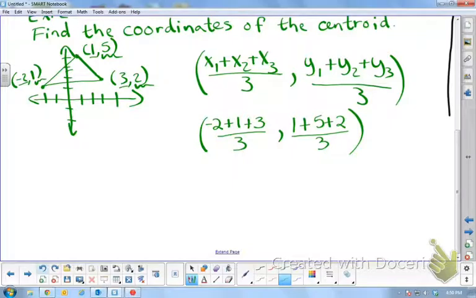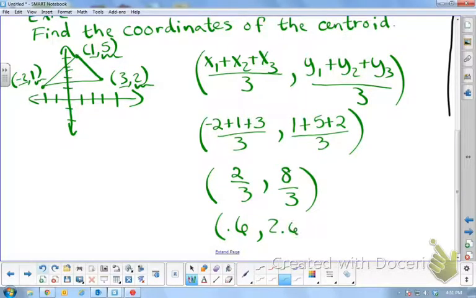So now we just add and divide. -2 + 1 + 3 is +2. 1 + 5 + 2 is +8. We could leave it as a fraction, or we could make it a decimal. We would have 0.6 and 2.6. Now I did plan one more example, but I think we're going to have to do it in class